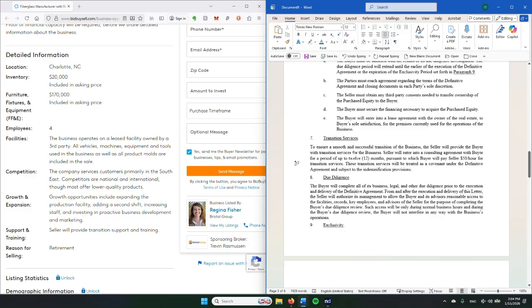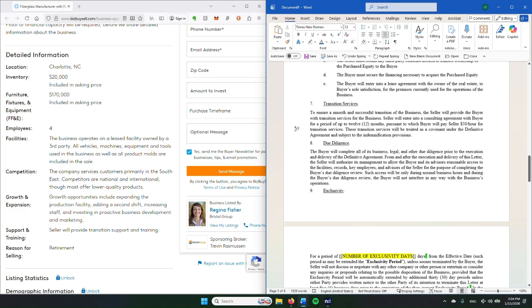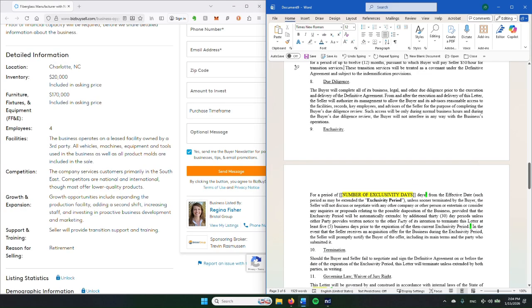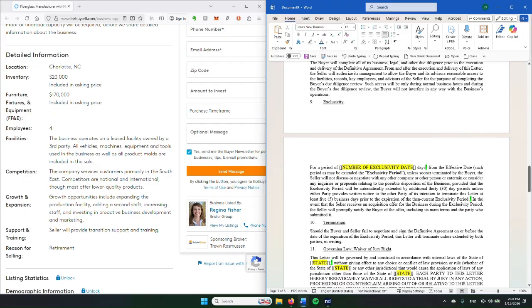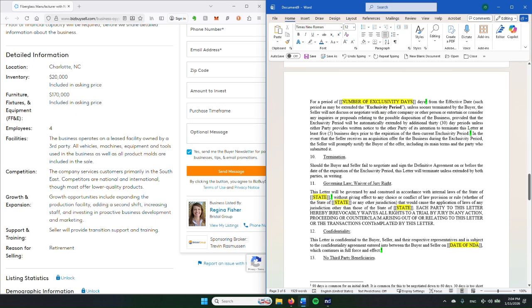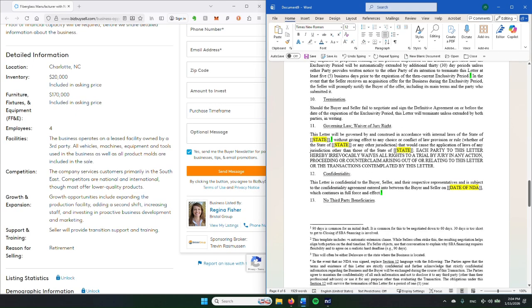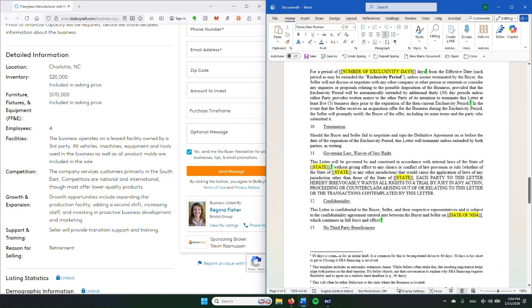Now, that's one way to do it. Not the only way to do it. Often a certain amount of transition services are included in the purchase price. And it doesn't have to be. And it can be a hybrid of included and through a consulting agreement. We'll implement the default here of 90 days,